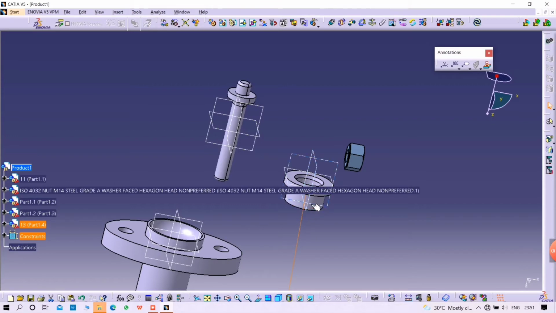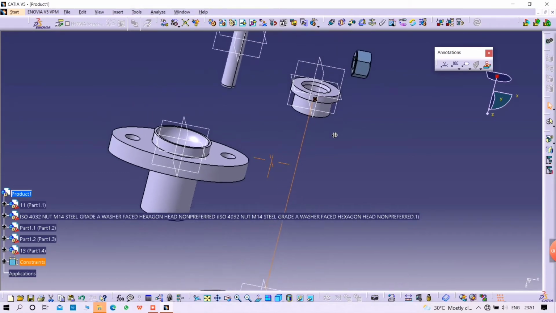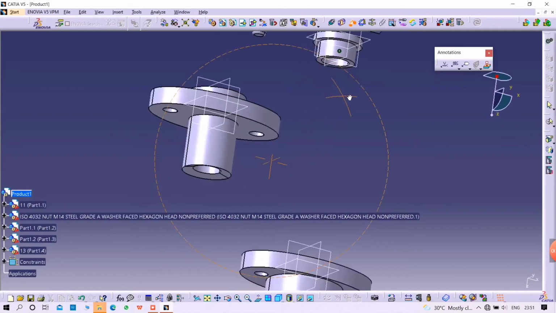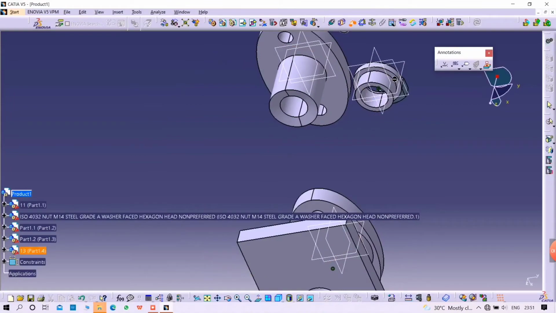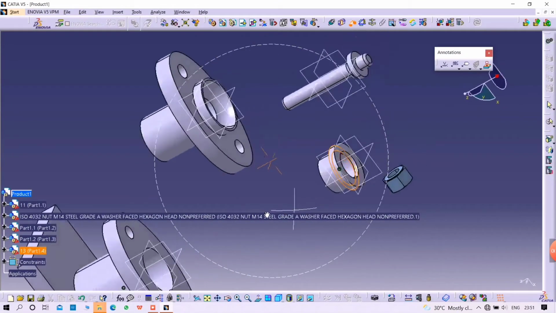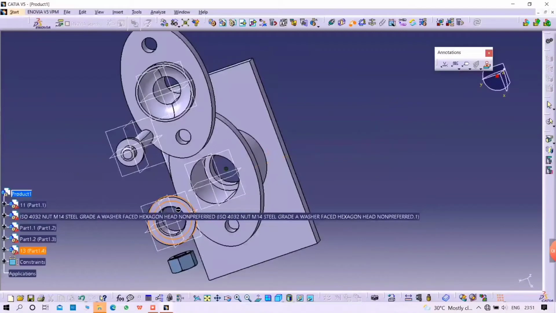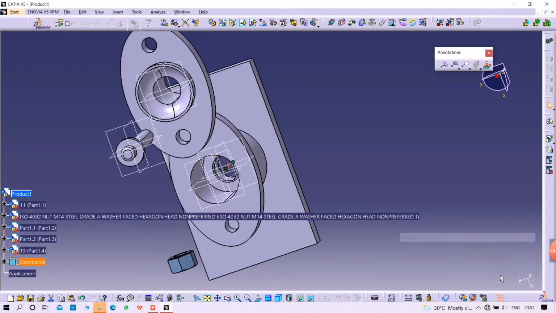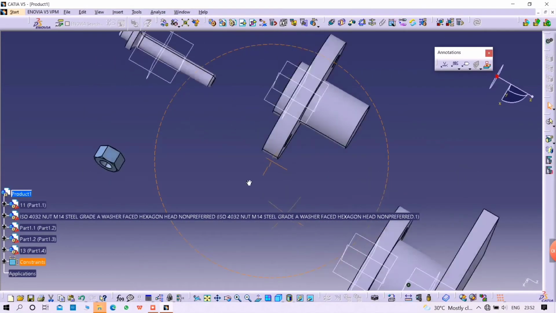Control plus U to update the part to get the two components in the same coincidence line, same axis of line, and then give an offset or surface contact. Here I used the offset option, so that base part offset option to inner part of the main body part offset option. I give the offset of 0 mm, which means it gives surface contact only. And click on Control plus U to update.